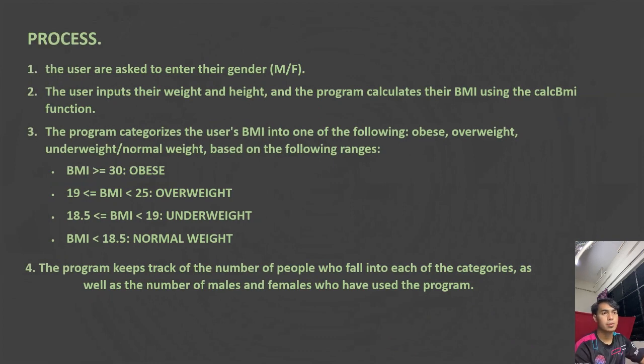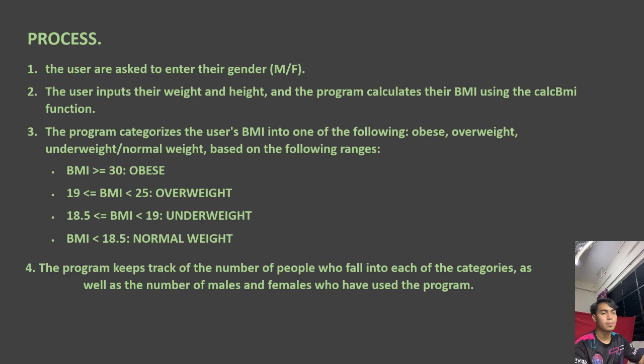Process: the user is asked to enter their gender using the code M or F, meaning M for male, F for female. The user inputs their weight and height, and the program calculates their BMI using the calculateBMI function. The program categorizes the user's BMI into one of the following: obese, overweight, underweight, and normal weight, based